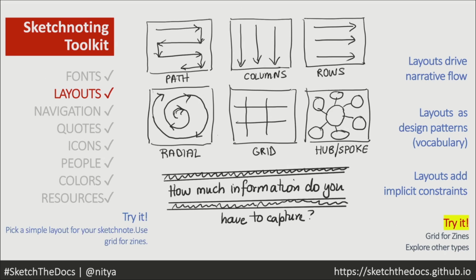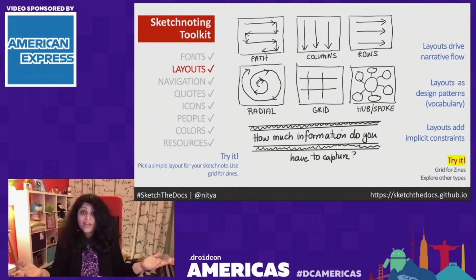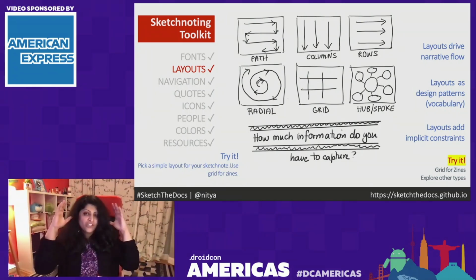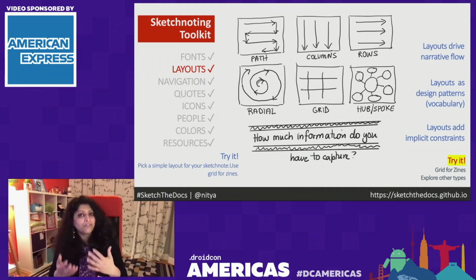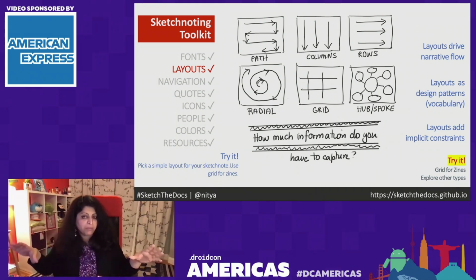Initially, you can just pick and choose, try different things out. For example, I tend to use the radial pattern a lot, where you start at the beginning and you keep going out in a radial pattern. And the reason I do that is I find it very valuable for doing talks where I don't know how long the talk's going to be. So I start off with one main premise and I keep going. And if I look like I'm going to run out of space, I just make the font smaller, but it's still circling. But if, for example, I don't have any more content, then I can use the middle to create this giant takeaway message. And it still looks like I planned it all along. So layouts, try different ways to lay out your information on that sheet of paper and use that to drive a narrative flow.